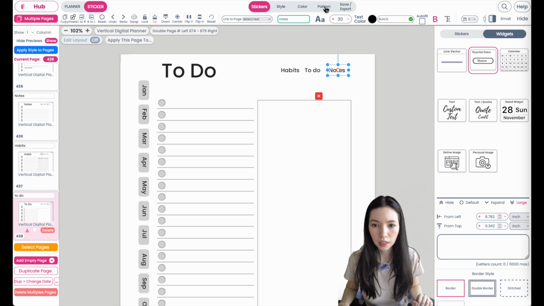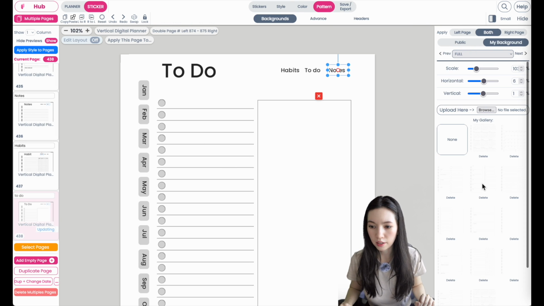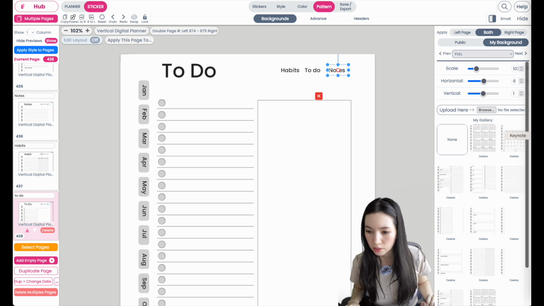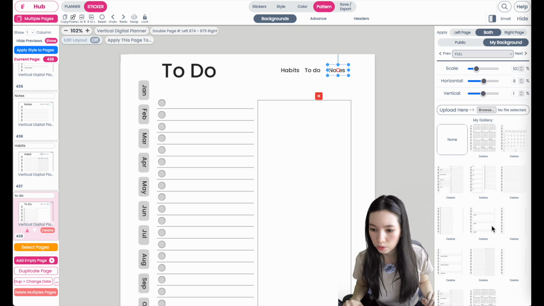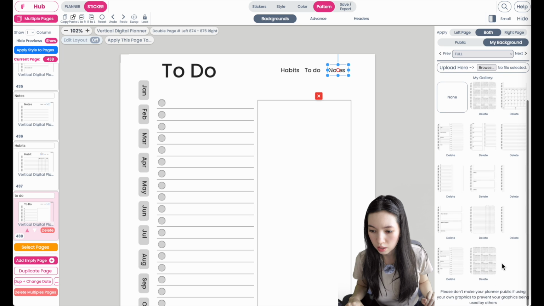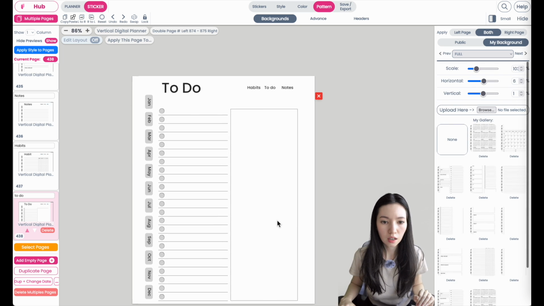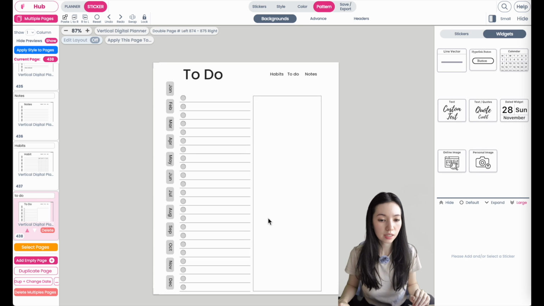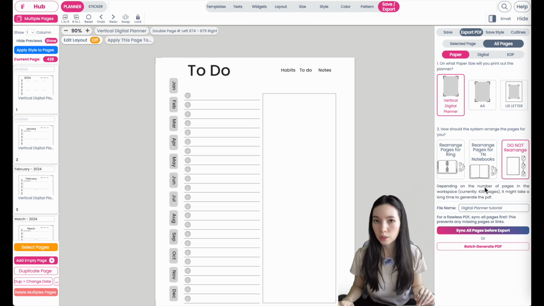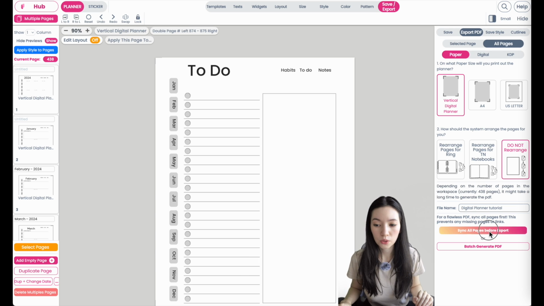And I think we now have all pages in here. Okay, we have the notes, the goal, the to-do, the review, the habit, the vision. Okay, all right, the planner is now finished. I would recommend you to first export the planner, and if it's wrong, you can still go to syncing the